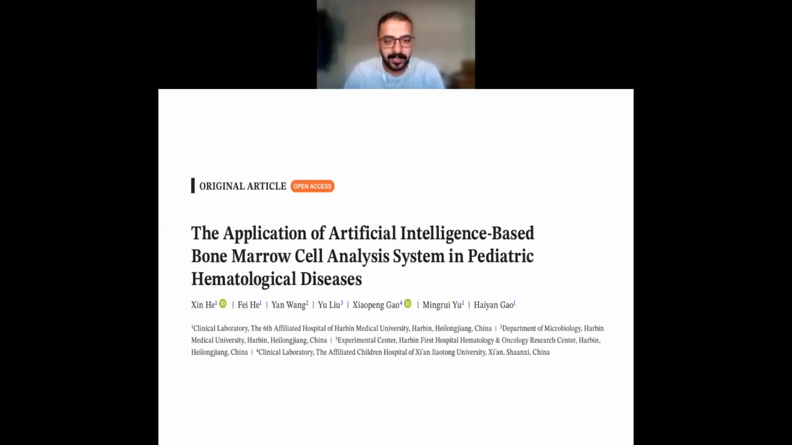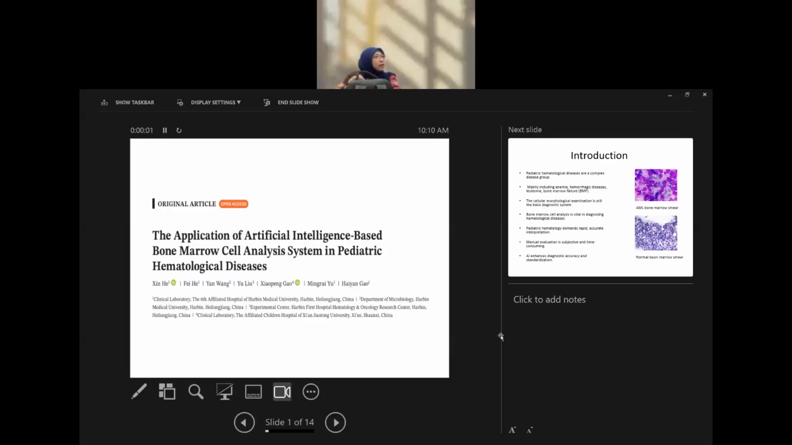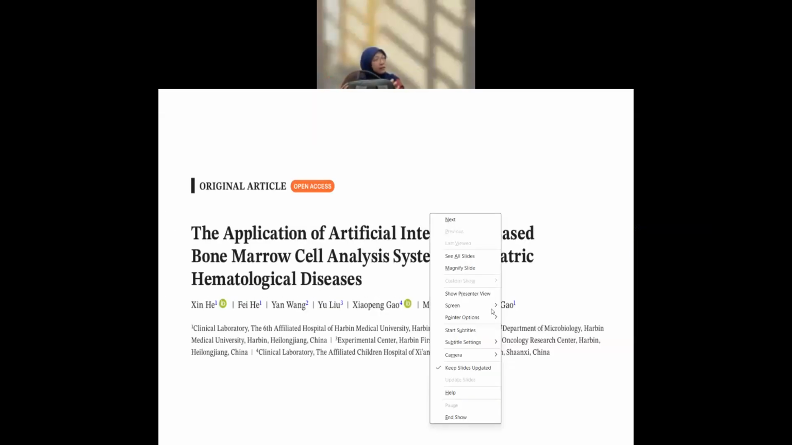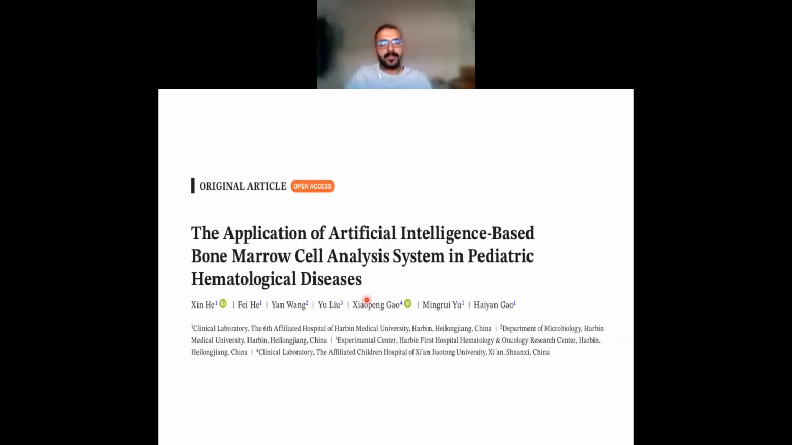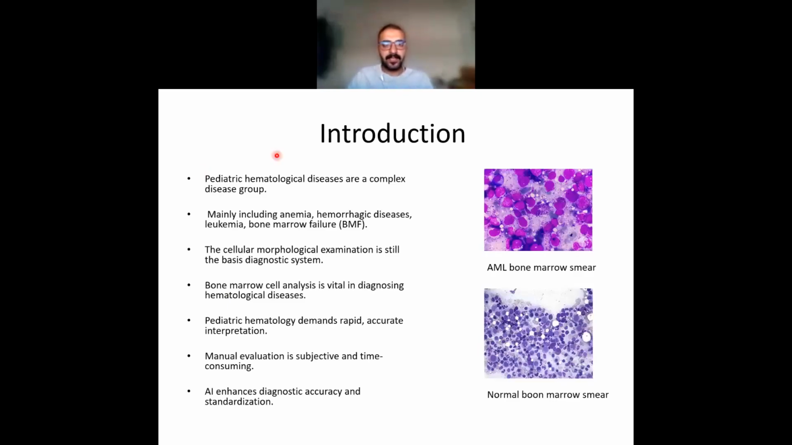The analysis system in pediatric hematological diseases is from this paper from the clinical laboratory in Harbin Medical Hospital in China. So first of all, we will talk about pediatric hematological diseases, which are a complex disease group, mainly including anemia, hemorrhagic disease,